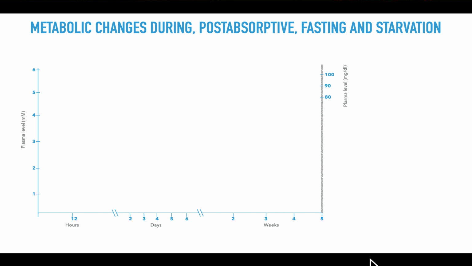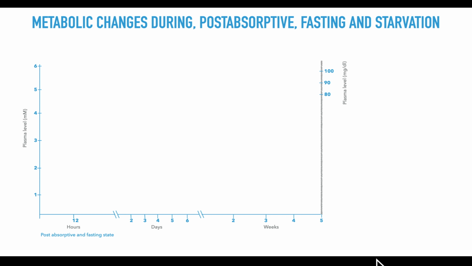Now let us move into metabolic changes during the post absorptive condition, fasting and starvation, all put together. I am going to explain certain changes that are going on in our blood. In order to understand that, let us understand the plot here. Initially, I have given the post absorptive and fasting state in hours, so 12 hours and going into 24 hours, and then I break this into days, like this is 1 day and 2, 3, 4. That is up to 1 week, that is 7 days here. So, the prolonged fasting state and starvation is the period here.